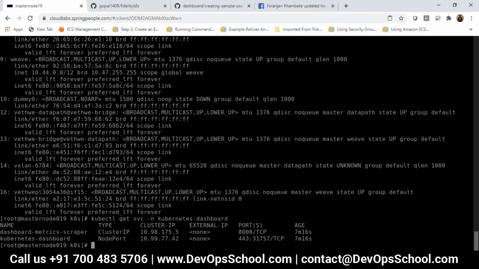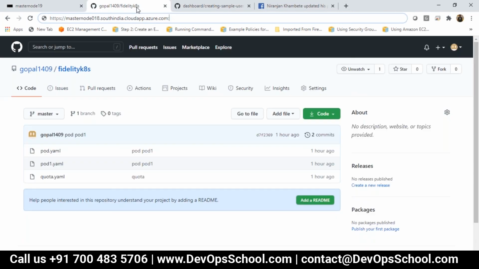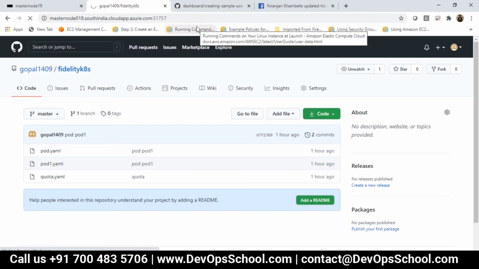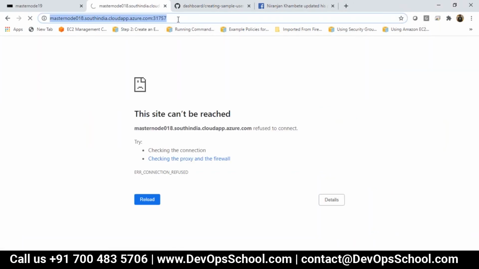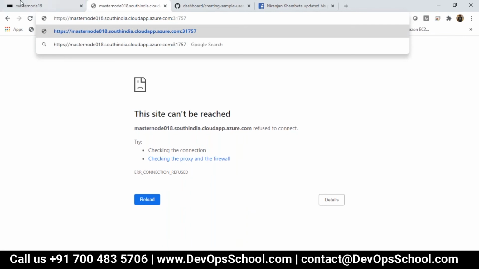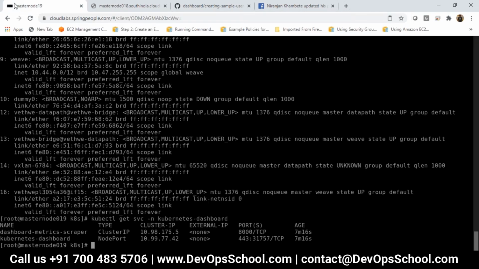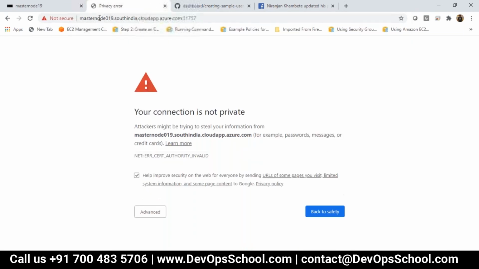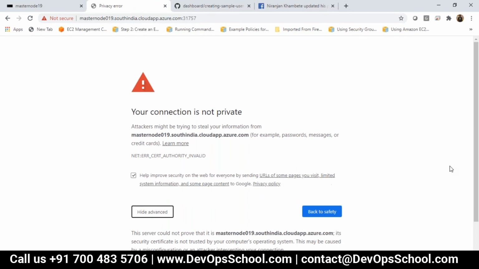It is running on 31757. Your master node is 19. Okay, yeah, sorry, 19.